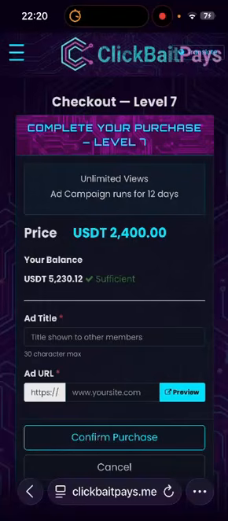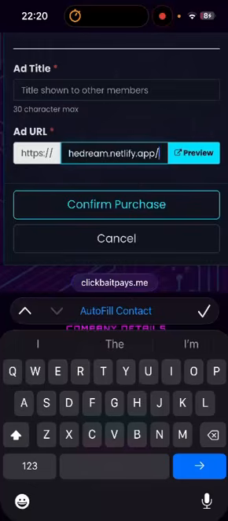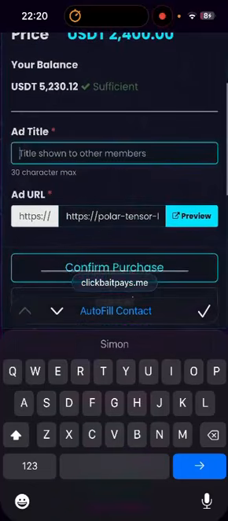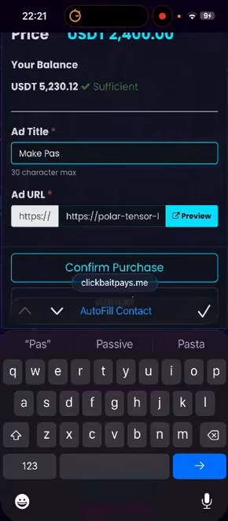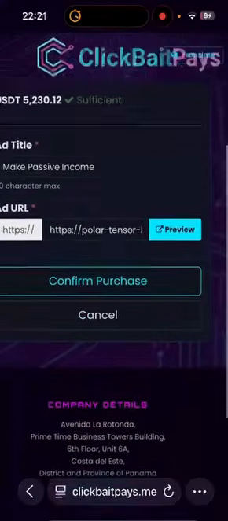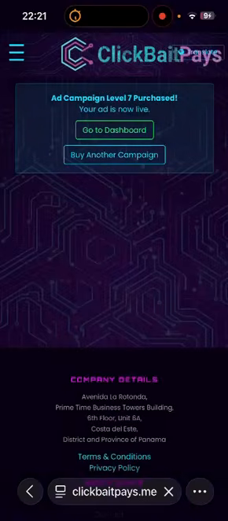Now we have to put aside whatever you must put aside. Even if you haven't got a site, put a charity site or whatever, your app site. I'm going to put a site in, because the business is sharing websites. So I'm going to put the title. You can put any website from any country, because the people here are from all over the world. So now you're going to click on confirm purchase. Now they ask you if you're sure. Yes, I'm sure. And now I have to go back to the dashboard, because I can start to click the